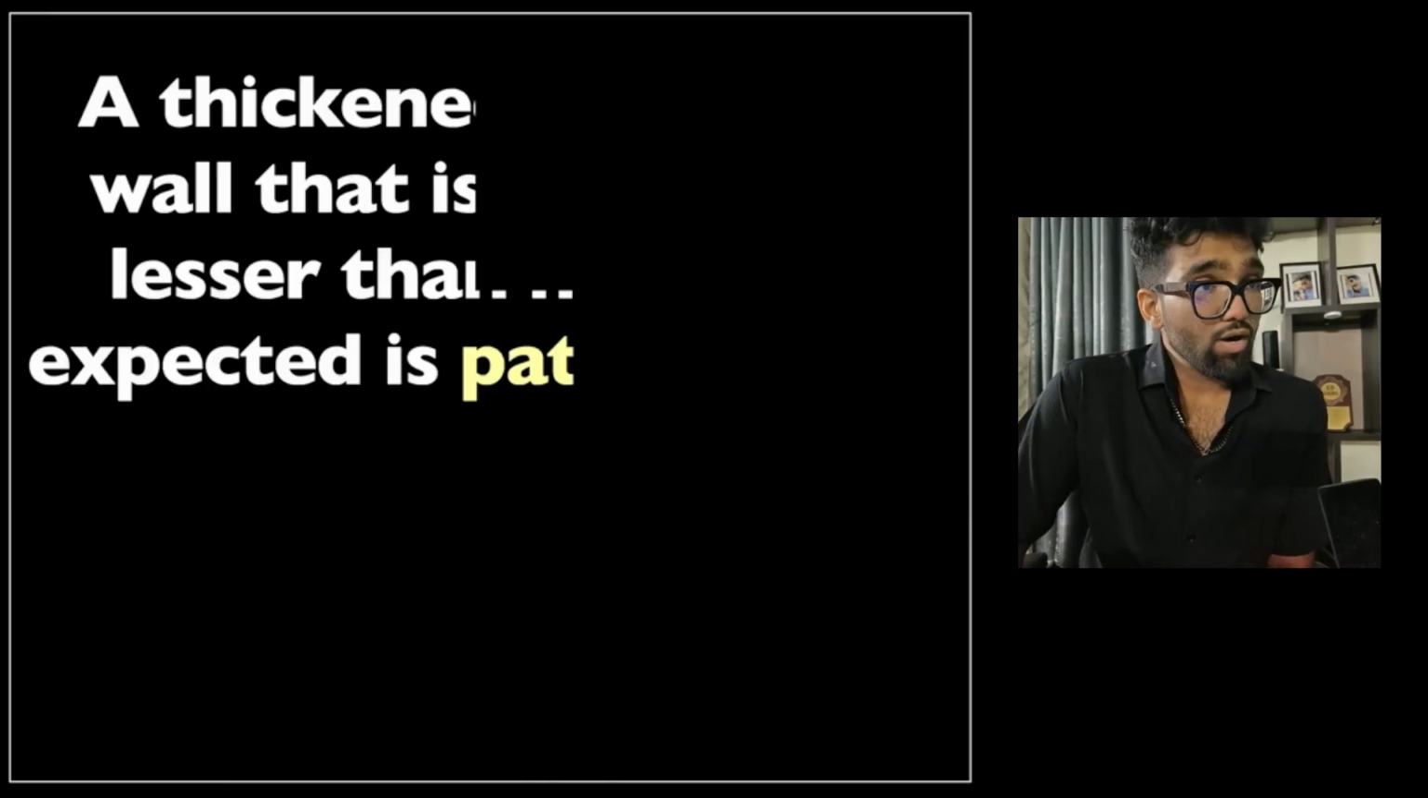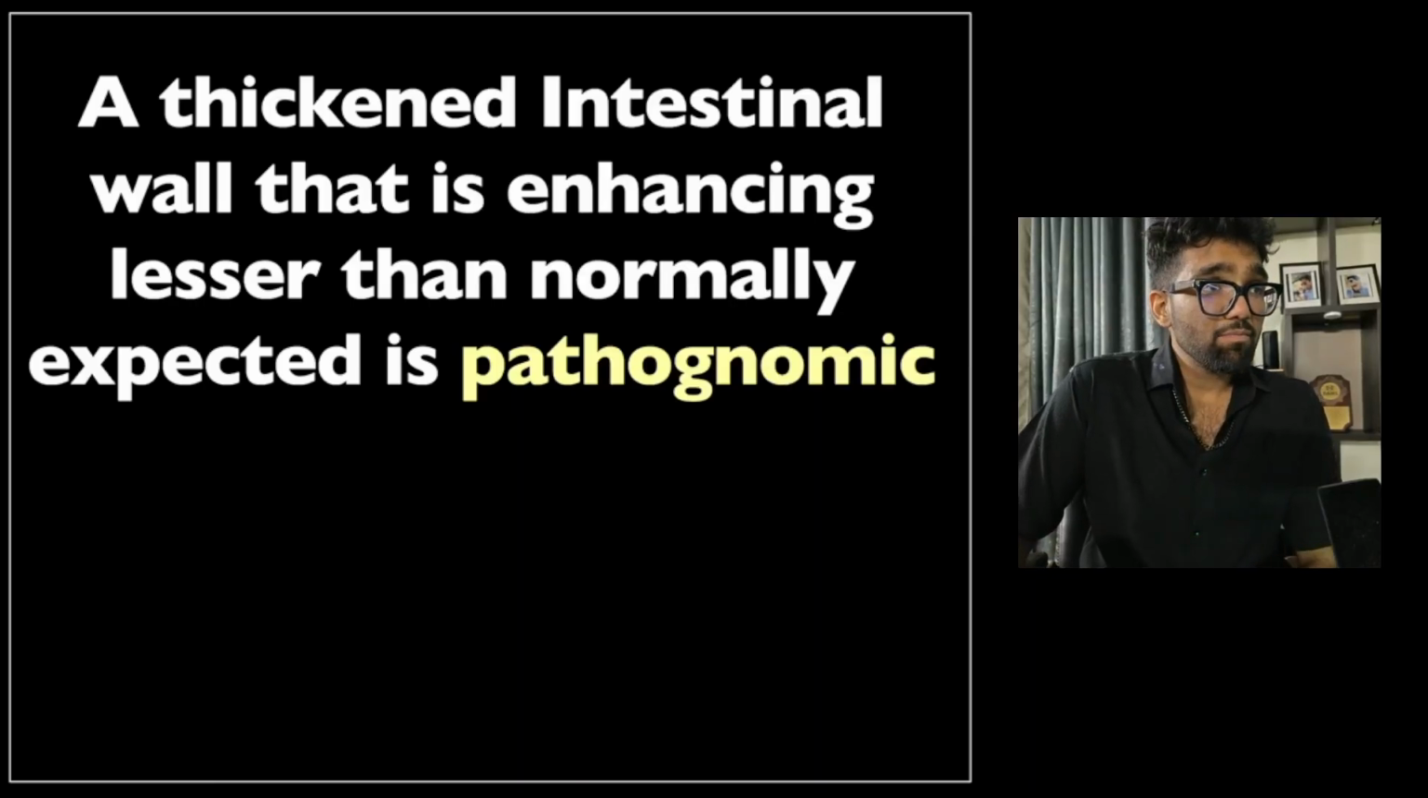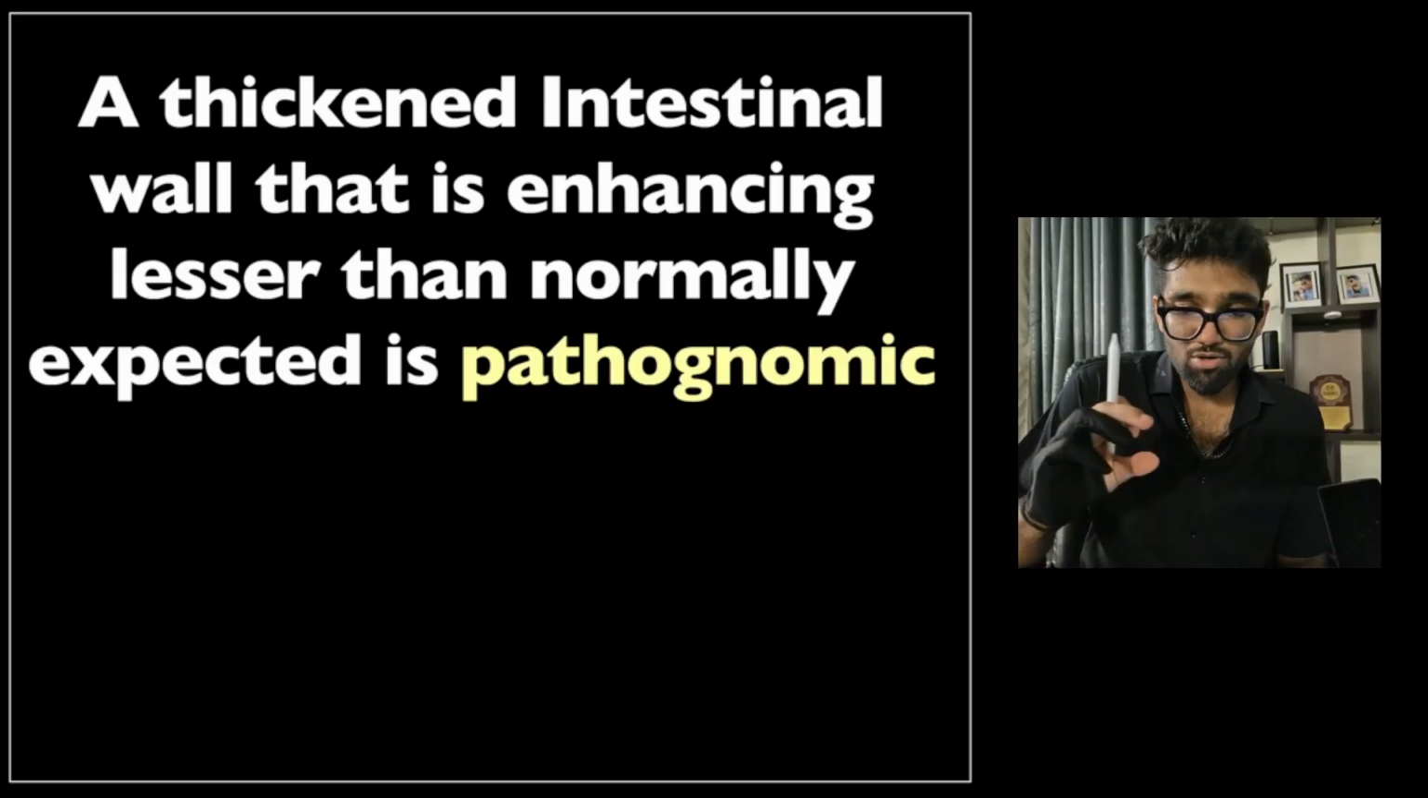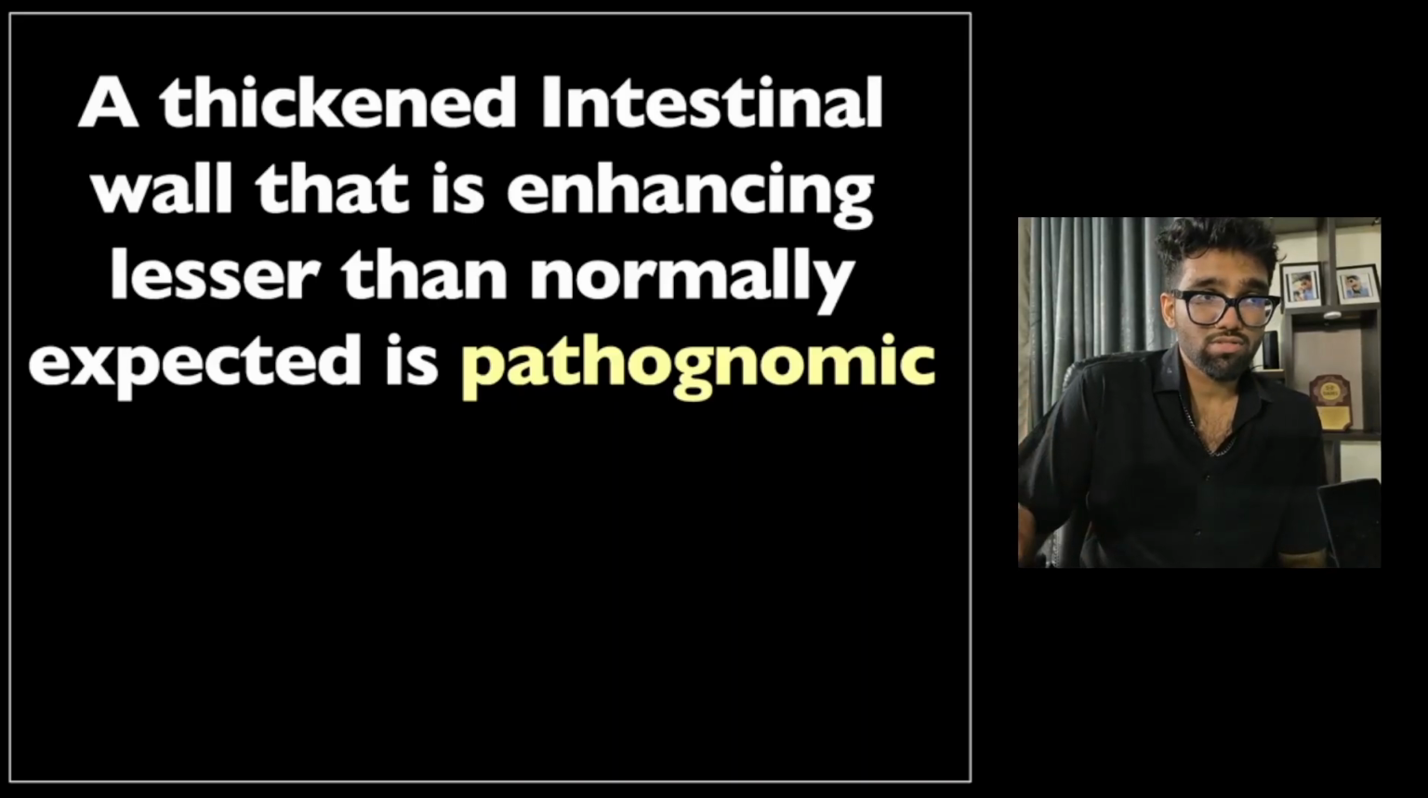So what happens is you have a patient with that situation, one type of history, and that patient has on imaging a thickened intestinal wall that is enhancing less than normal. Okay, so we expect that part of the intestine to enhance a certain amount. Like I said, jejunum would enhance a lot, ileum would be intermediate, but it's enhancing less than the surrounding corresponding